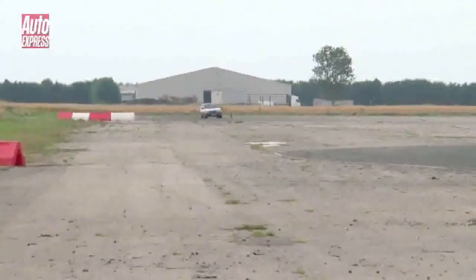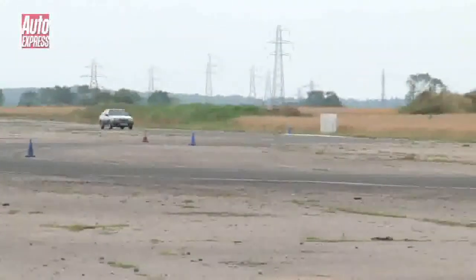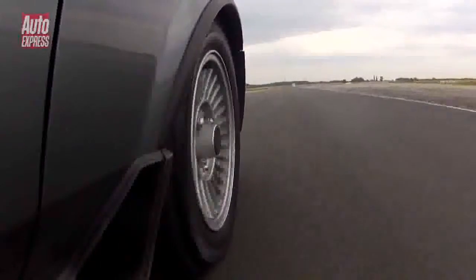Okay, so we've jumped into the AE86, so let's find out what all the fuss is about. Obviously, the first thing you notice is it's a car that's over 20 years old, so we've got no power steering, so nice heavy steering. We've got a really lovely natural throttle cable, natural feel to the throttle pedal. It's like a real nice pickup with the throttle, and there's a really nice raspy exhaust note. It's only got 123 brake horsepower, but it only weighs 970 kilos, so it's light and it feels sprightly and